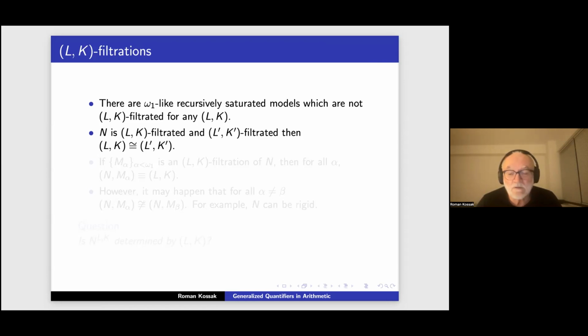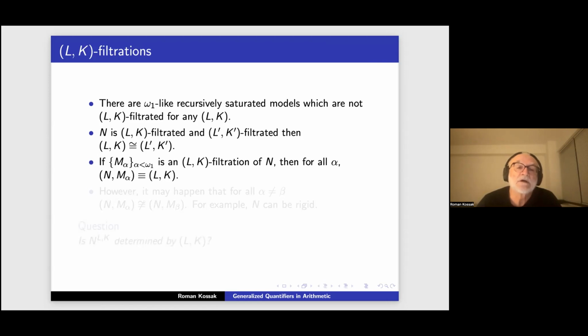I'm not quite sure how general. There might be some more general model theory here, but I know how to prove these things in the case of recursively saturated models of PA. Then if you have a model that's LK filtrated and you have this filtration, at the bottom of the third bullet, you know that the whole model N with each of the M alphas has the same first order theory as L,